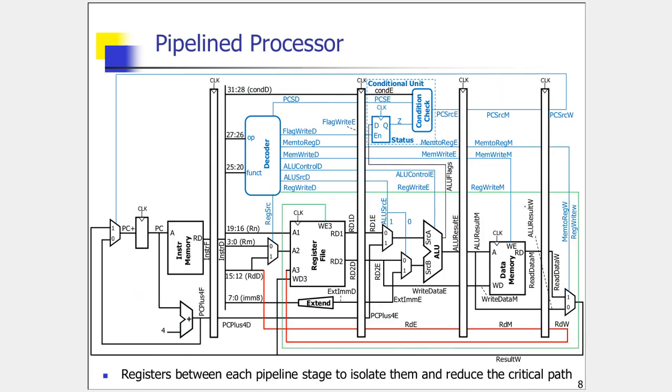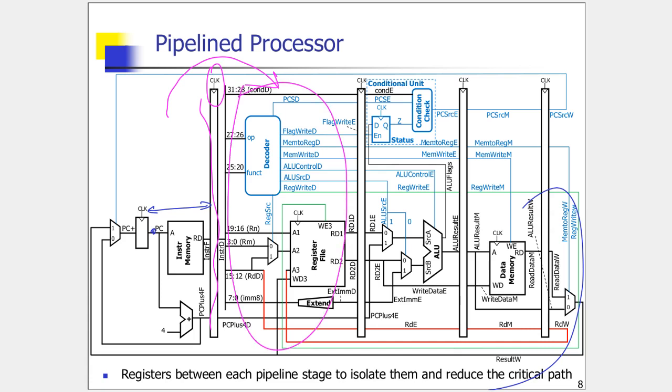So the way we do it is use registers to separate the stages, because your clock cycle time is limited by the critical path, right? Critical path is the time taken for an instruction or any signal to propagate from one register to the next register. So by introducing more registers in between, you are reducing the critical path. And it is also required because when an instruction moves from one stage to the next stage, all the information regarding this instruction should be latched into this register so that it will be available for the next stage.